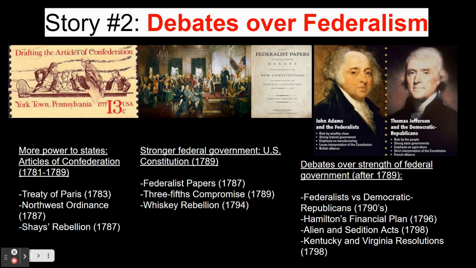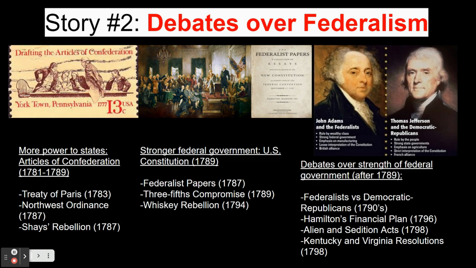These political divisions continued and deepened during the presidency of John Adams, who was elected after George Washington and saw himself as a Federalist. During his administration, the controversial Alien and Sedition Acts were passed, and they gave new authority to the central government and even made it illegal to speak out against the president. The Democratic Republicans responded to the Alien and Sedition Acts with the Kentucky and Virginia resolutions, which would argue that the states had the power to nullify federal laws.